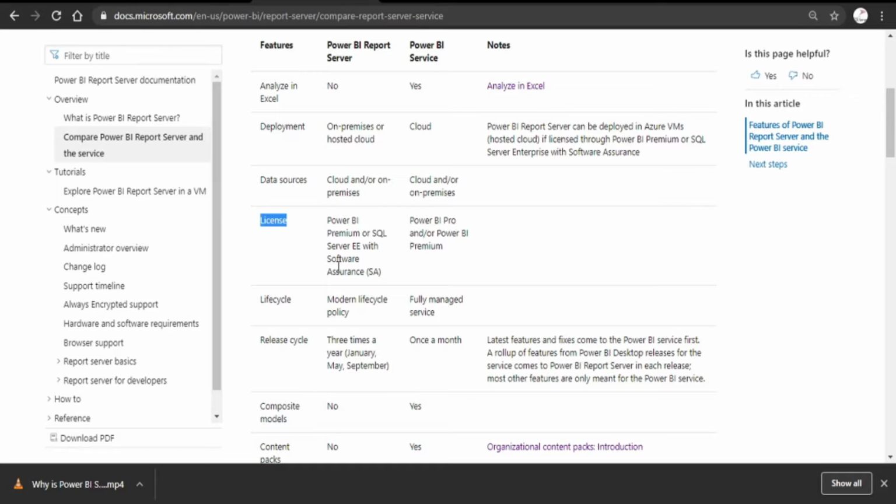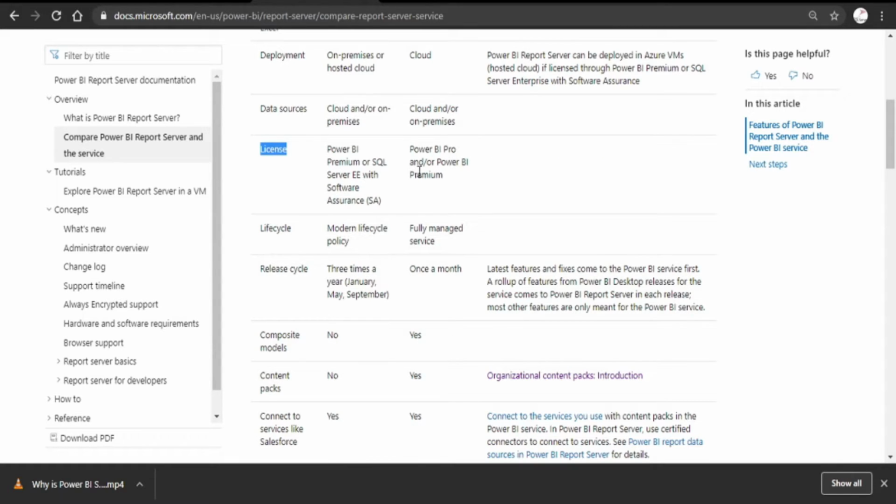Now you can also use Power BI free of cost if you have a work or school email account. I also have prepared another video on how to create a free account for Power BI, just to get started with it. I will also be pasting the link for that video in the description below.